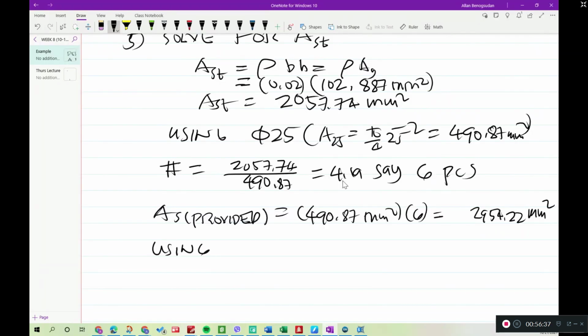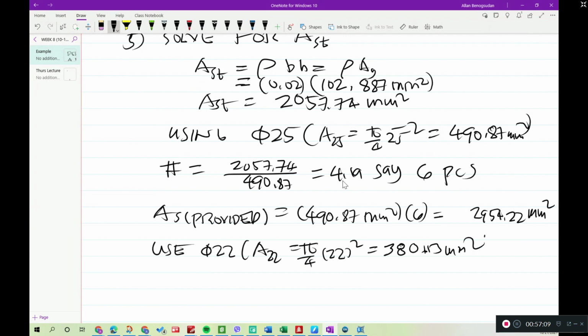So let's try using 22 millimeters bars. Okay. So area 22 is equal to how much is that? 380.13 mm squared. Okay. Can you sense what I'm doing? Then